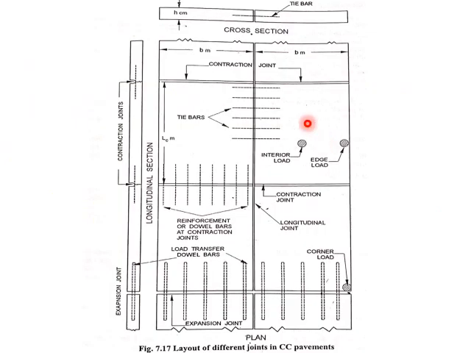So from this figure you can see that there is a longitudinal joint running in the middle of the pavement, and you can see several joints along the width. Those are expansion joints or contraction joints. This is a contraction joint, this is a contraction joint, this is an expansion joint. So one expansion joint comes after several contraction joints. These are the transverse joints, and the center one or the joint along the length is called the longitudinal joint.